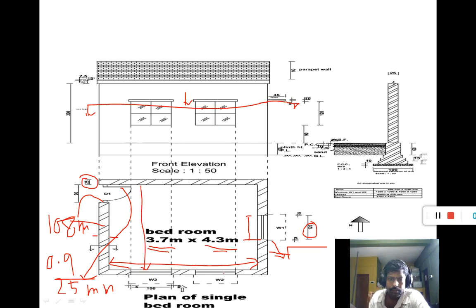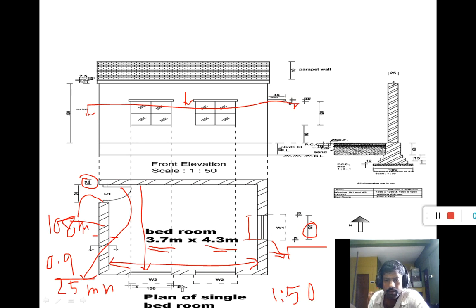So you see that here the masonry works, the brick symbols are shown. The wall is made of brick, and this is a load bearing wall type of structure, and the scale is 1:50.